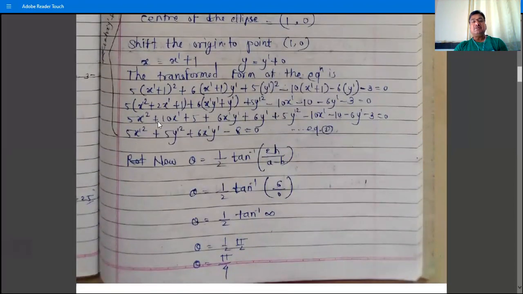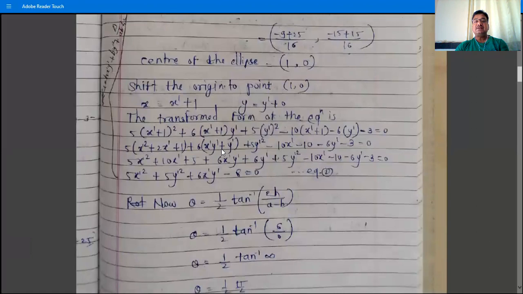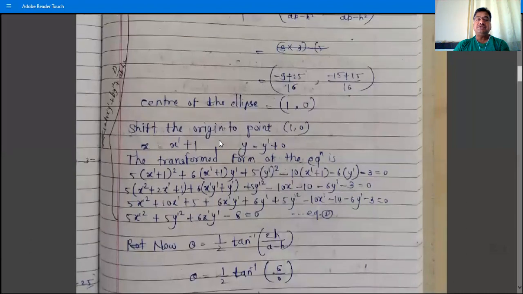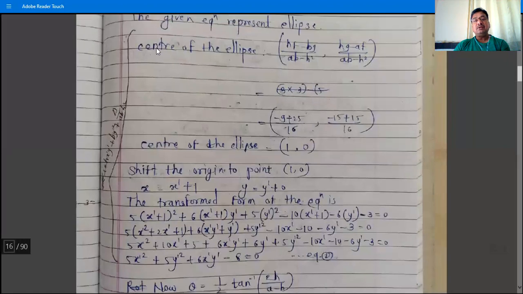So if you observe this equation, the terms x and y are removed from the given equation. There are just the terms x dash square, the square of y dash, the product term x dash into y dash, and one constant term. In order to remove the terms x and y from the given equation, we shift the origin to the center of the conic. Okay, so instead of all this calculation, we can directly obtain this equation number 2